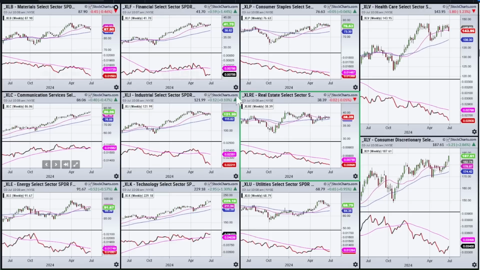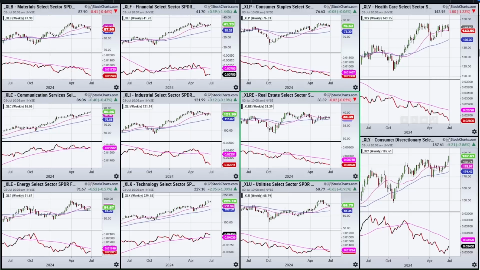Okay, let's start out with the sector charts. Again, in the ACP, you can pull up all 11 at the same time. It's just a nice little layout here. So I've got all the sectors with the 18 and the 40 simple moving averages up, along with the relative